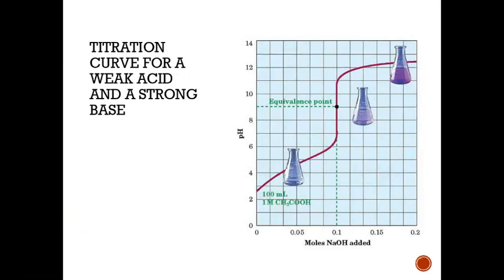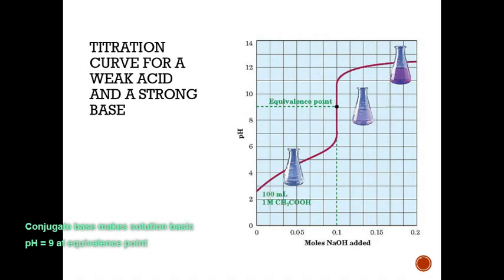Now we're switching gears to titrate a weak acid with a strong base. See how this curve looks different? The equivalence point shifts to pH 9, not 7, because the conjugate base left behind is weakly basic. Before equivalence, you have a buffer, the weak acid and its conjugate base together, so the pH rises gradually instead